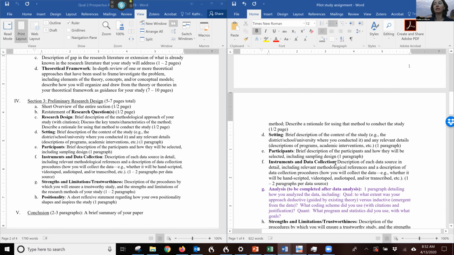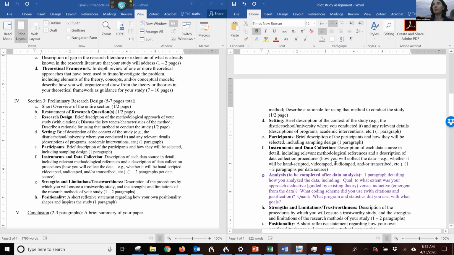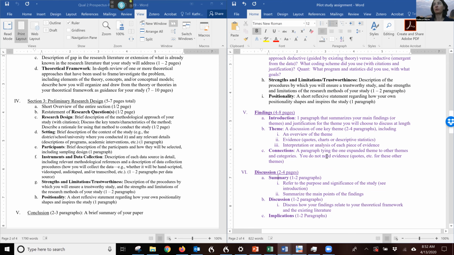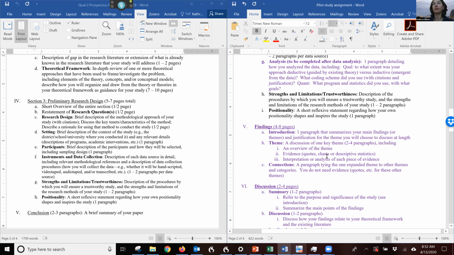Everything up until here, you're going to be using my feedback to revise it and have it into the Qual 2. So the big thing is just getting me a draft for feedback. And then after this is the stuff you'll focus on to turn in on the 13th of May. So let's move to the due dates.